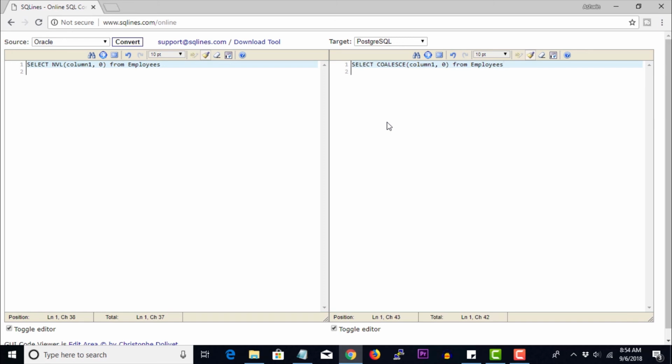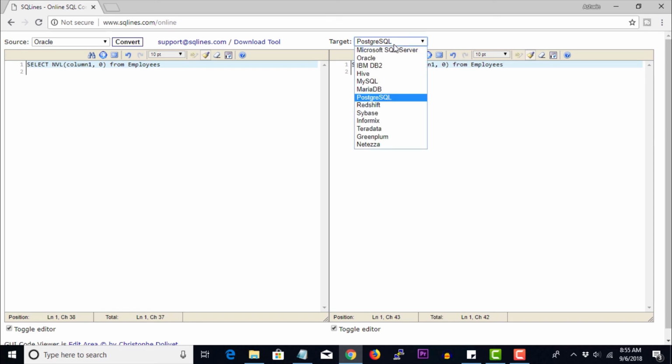But when it comes to product specific features, like how it handles null values, or what the function names are, then it could be different. Tools like the SQLines Online Query Converter help us overcome these differences and flawlessly convert the queries of one database into the queries of another relational database.